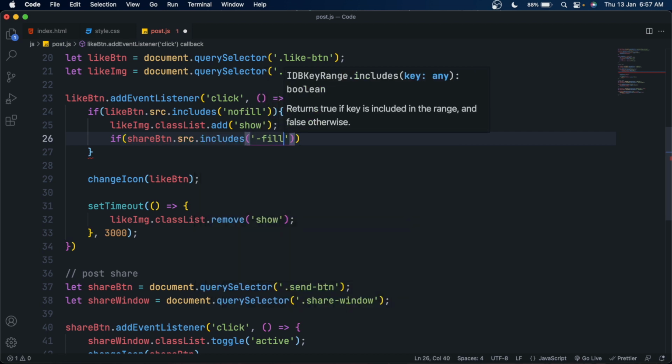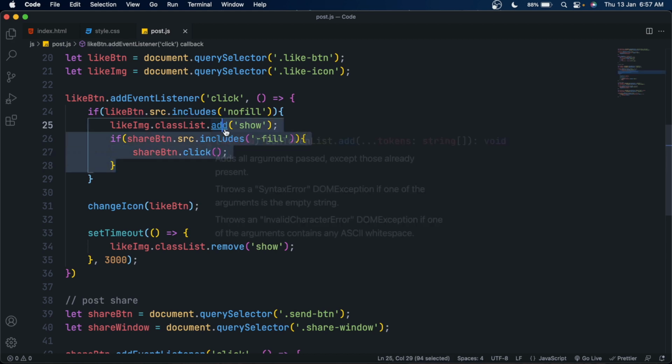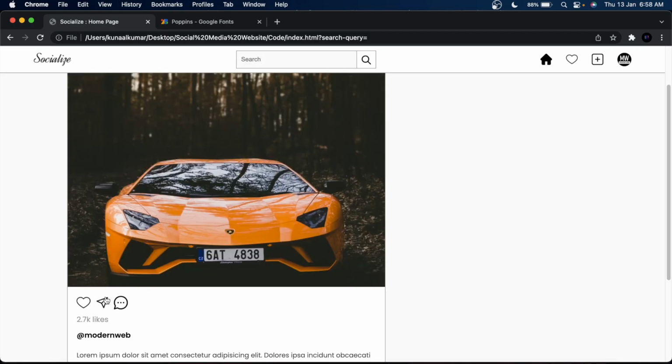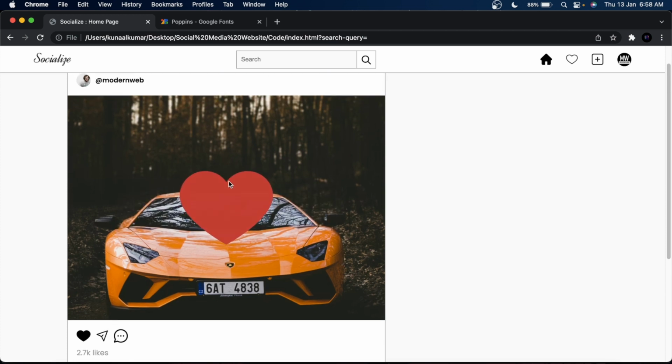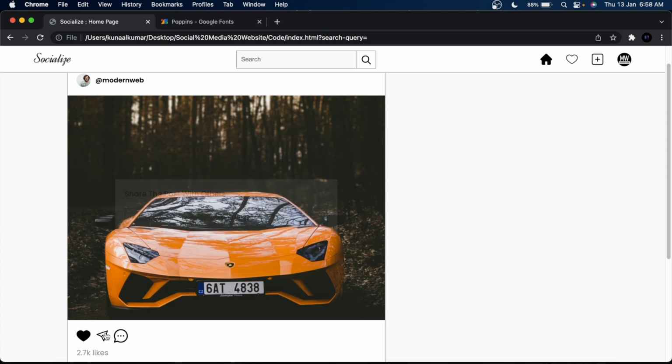In this condition, I am checking whether our share button source includes fill or not. If it contains fill, it means the share window is active, and if the share window is active, simply hide it by calling share button click, and now you can see it's fixed. If I try to like the post, it is hiding the share window.